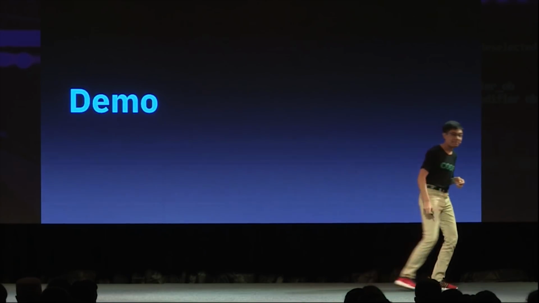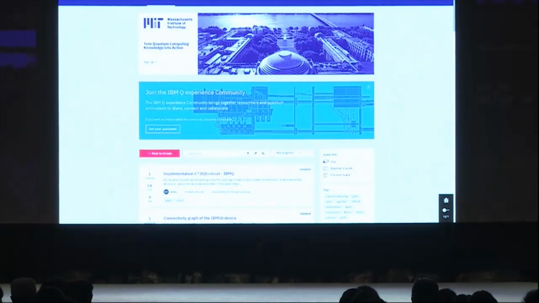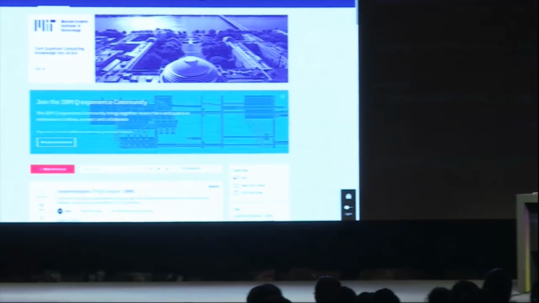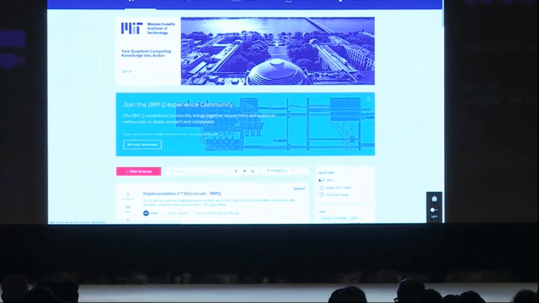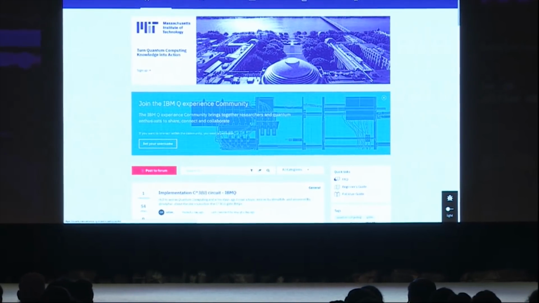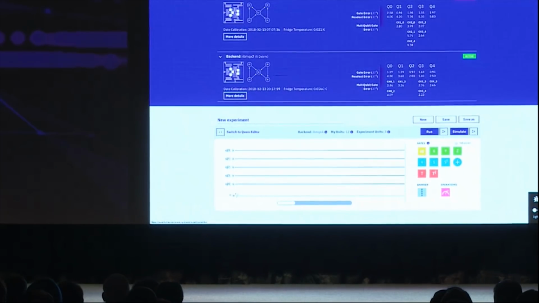Let's take a look. All right, so as you can see on screen right now, we can switch over to my demo Mac here. And now this is called the IBM Q Experience. On this webpage, you can find out more about IBM Q and how exactly quantum computers work. There's a community page where you can share your quantum programs with the rest of the community, and you can find out more about what others are developing as well.